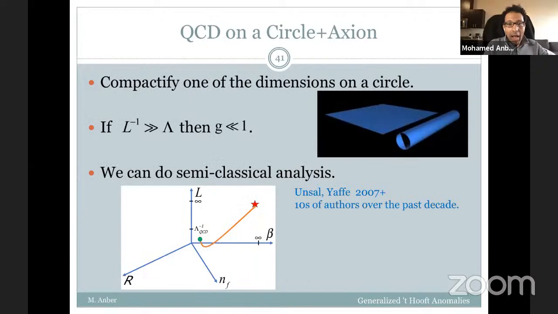But this is a strongly coupled phenomenon. Let us try to see it actually in a weakly coupled regime. So basically, if you put your theory on a small circle, then you can actually see the exact same thing happening, but you can compute it analytically. And this class of models, of putting the theory on a small circle, was started more than a decade ago by Mithat Unsal and Larry Yaffe, and it has been very popular. And we have understood a lot of phenomena on the small circle that are otherwise extremely hard to understand